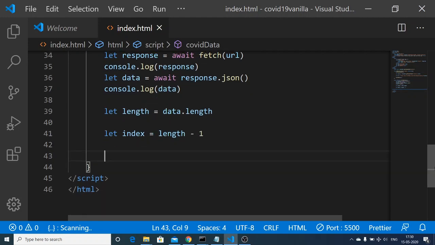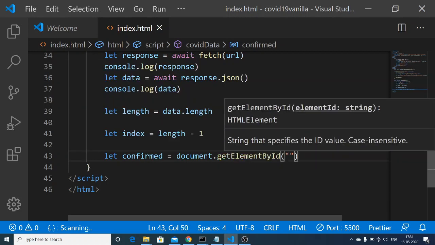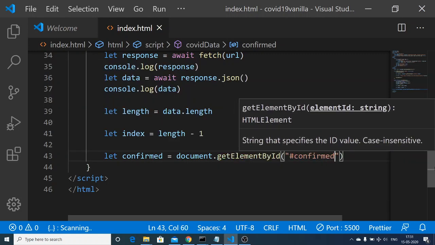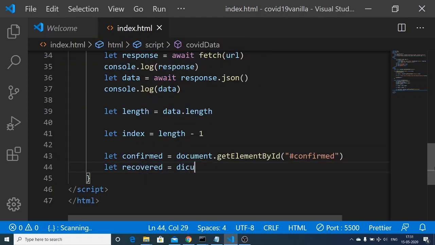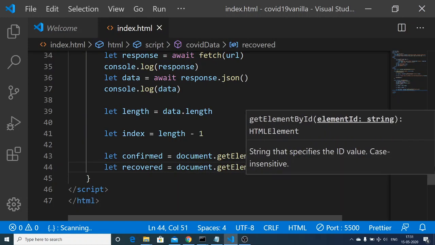Now it is pretty simple. We need to get our confirmed cases, so we can get the references with document.getElementById. Here we need to provide the id that we have given to it, which is confirmed. Second was recovered, document.getElementById, so this was recovered.